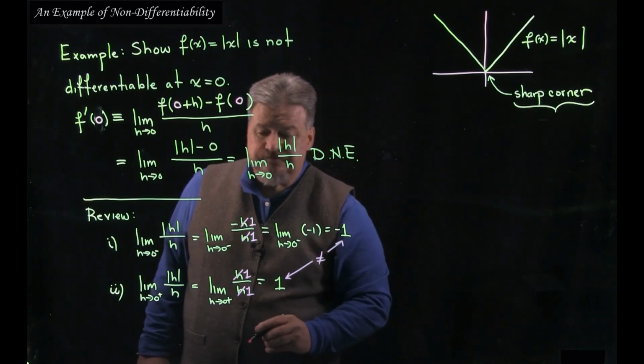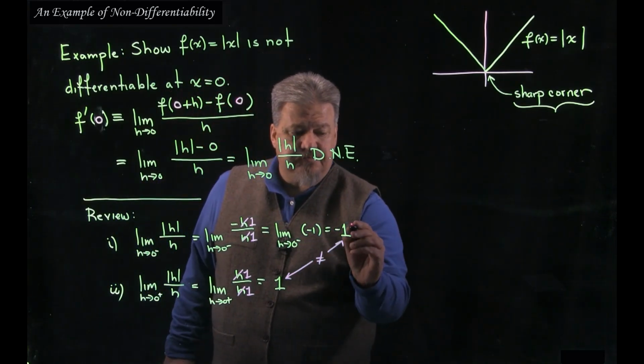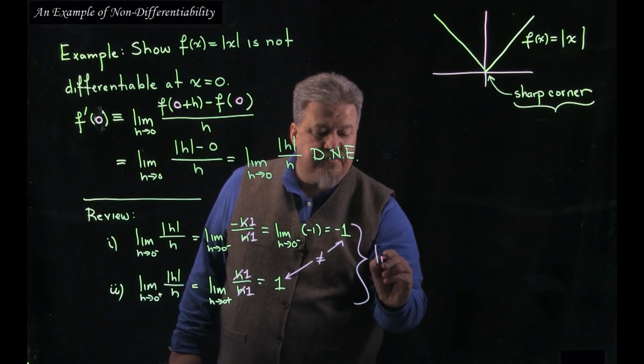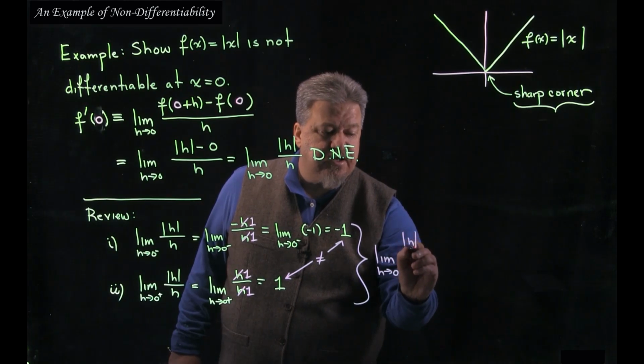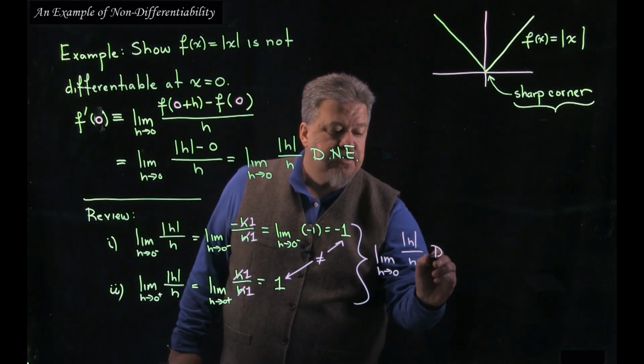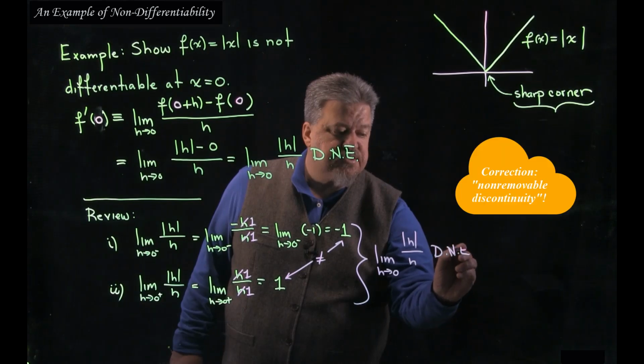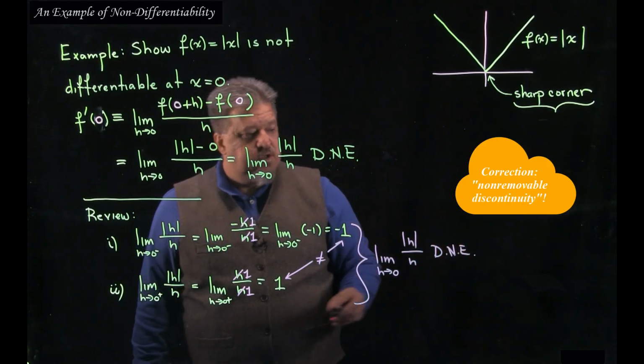So what do we know? Well, we know the full limit doesn't exist. We conclude from here that the limit as h goes to 0 of the function at hand, which is the absolute value of h over h, doesn't exist. In fact, it has a removable discontinuity there, which we can see